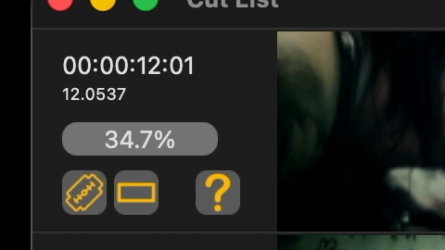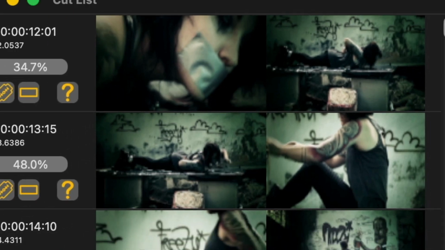FCP Cut Finder assigns a probability percentage that indicates how likely it is that what has been found is actually a scene change. Below are 3 buttons that we will explain shortly. On the right are the 2 images before and after the cut, with the previous frame on the left and the next frame on the right, so you can easily compare them with your eyes.